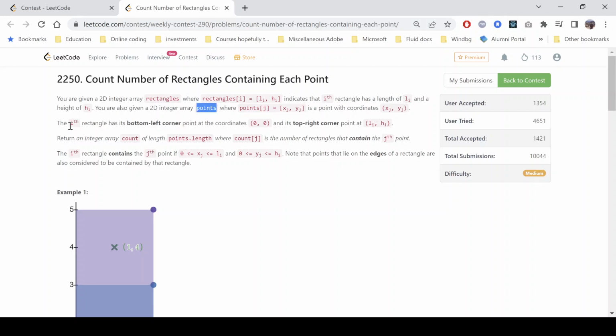Now the ith rectangle has its bottom left corner at coordinate 0 comma 0 and its top right corner at index Li comma Hi. Li comma Hi is the values that we are given in the form of a 2D array. Now all we need to do is return an integer array count of length points dot length. That means the length will be equal to the number of points that we are given, where count of j is equal to the number of rectangles that contains the jth point. So for each and every index in the answer, it will represent how many rectangles contain